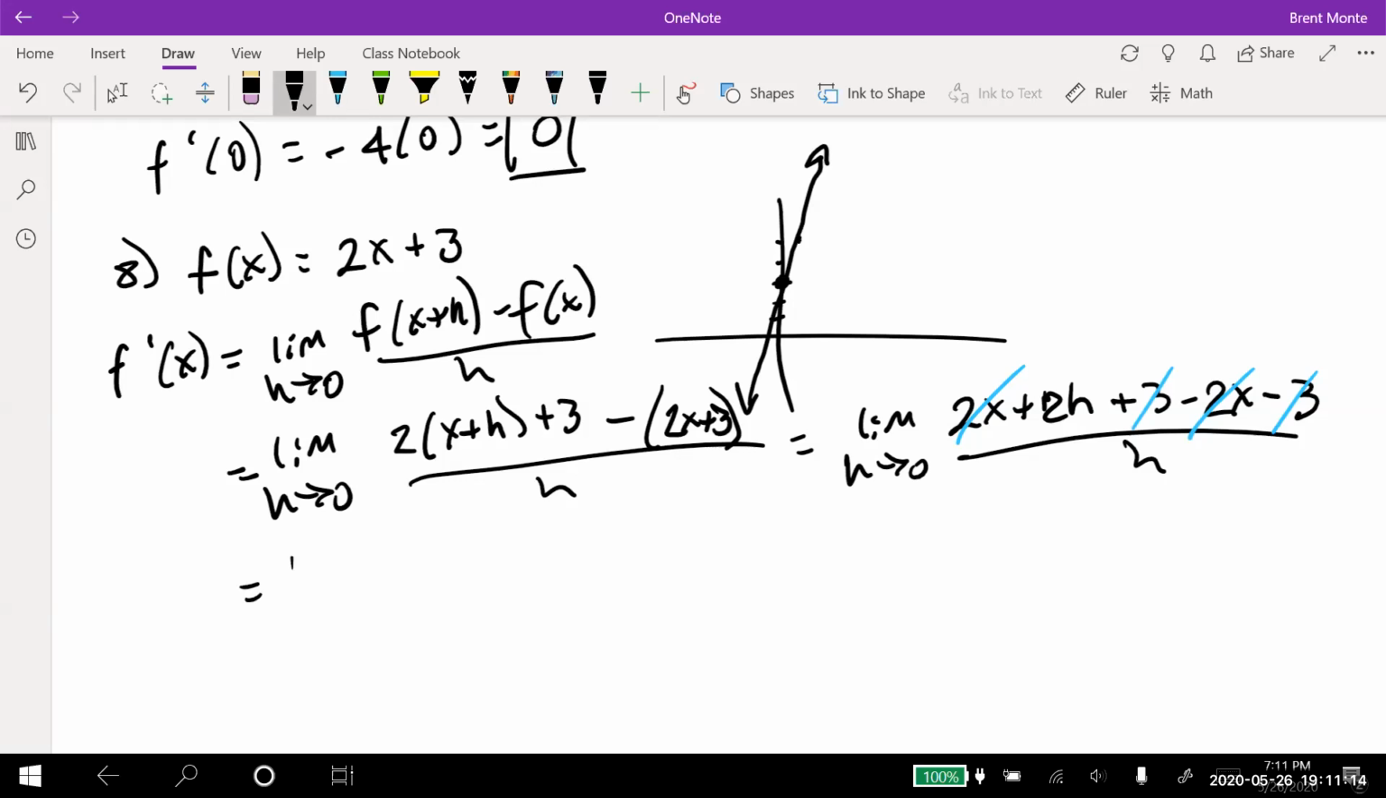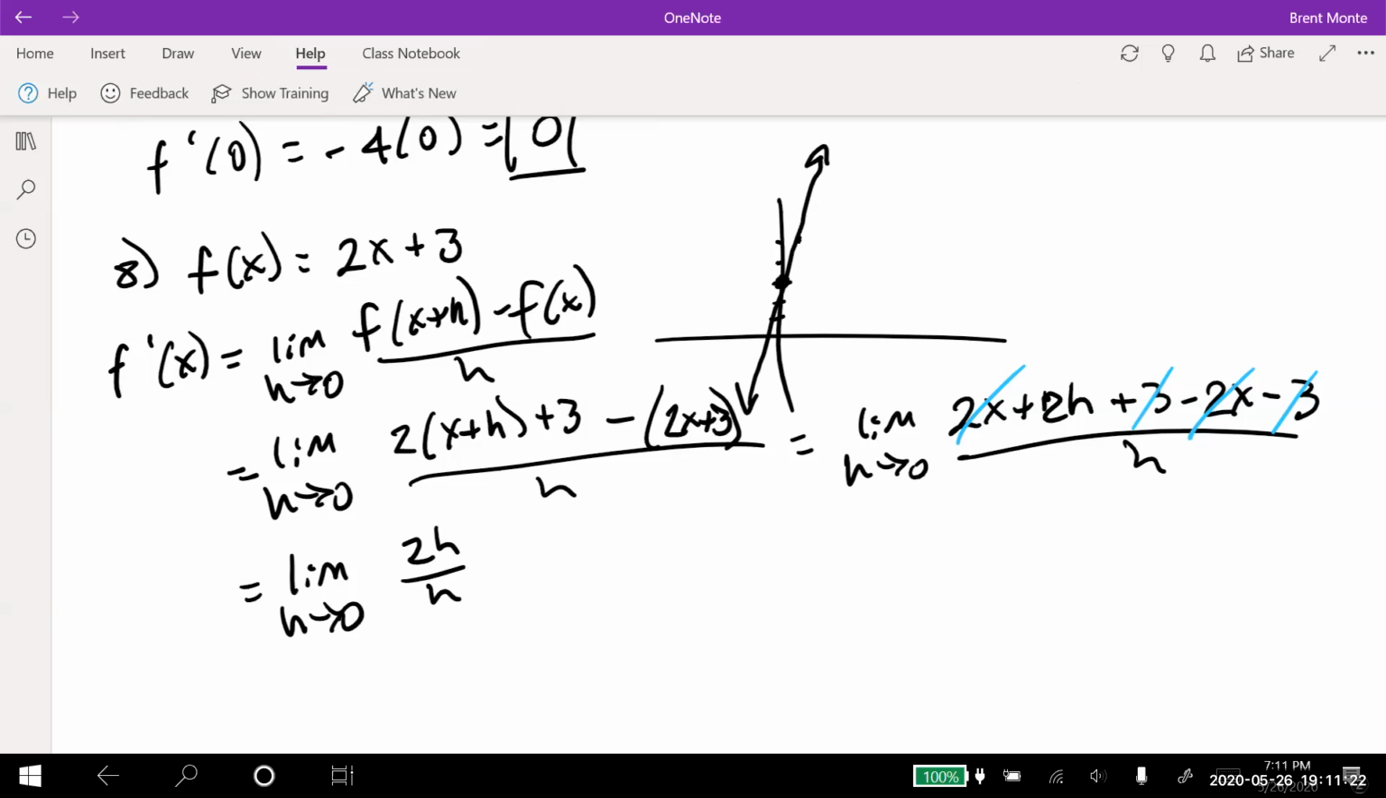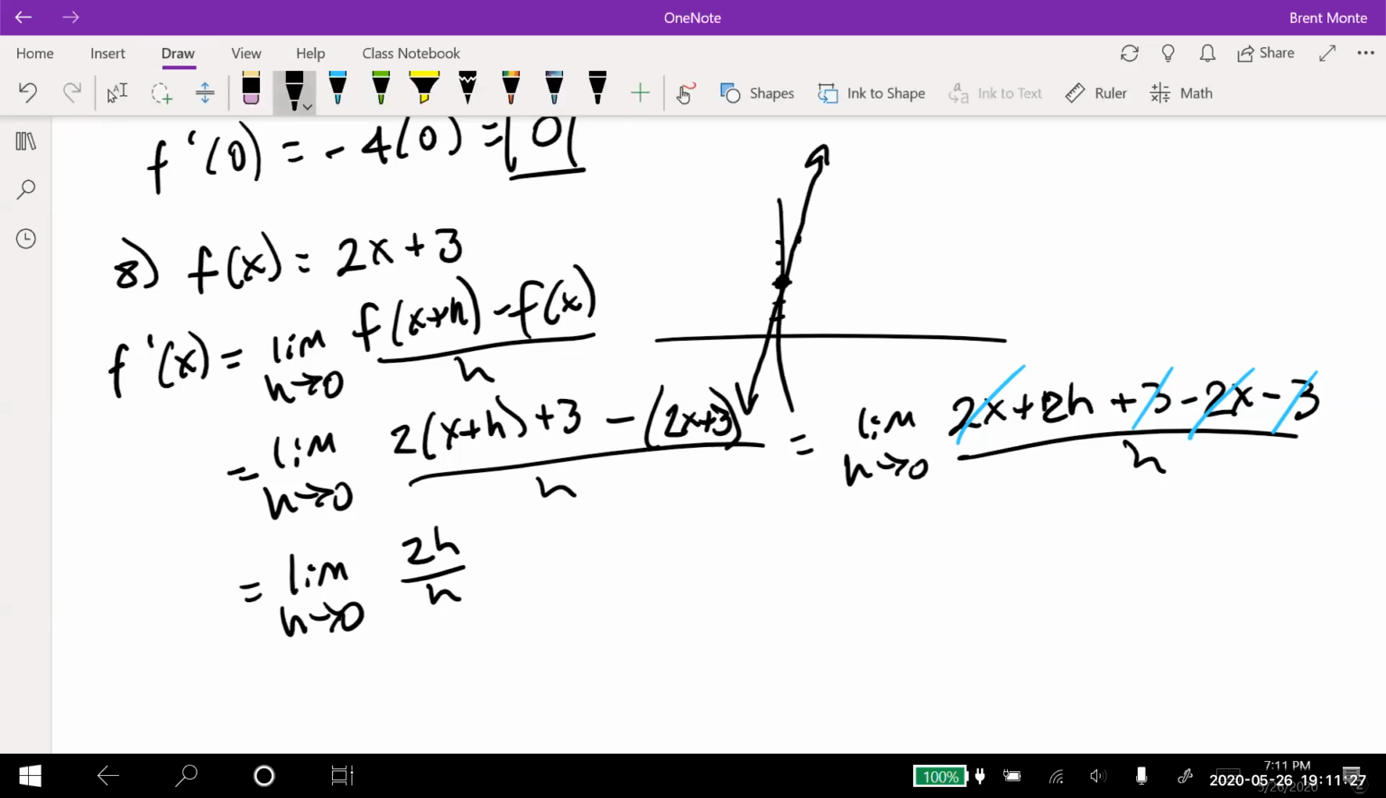So what I have is the limit as h goes to 0 of 2h over h. Well, now I can cancel out that h. Hey, where'd that go? Now I can cancel out the h. There's no place to plug in the 0 anymore. This is just 2. That's just 2, and what it's saying, since there's no x, is that anywhere on that function, the slope of the tangent